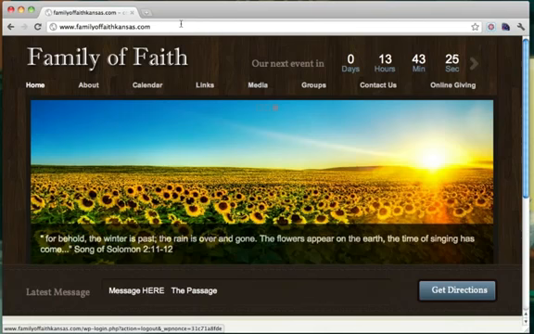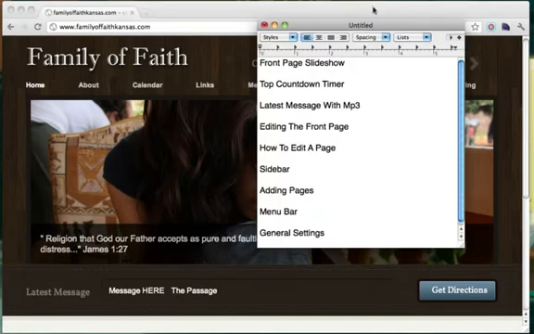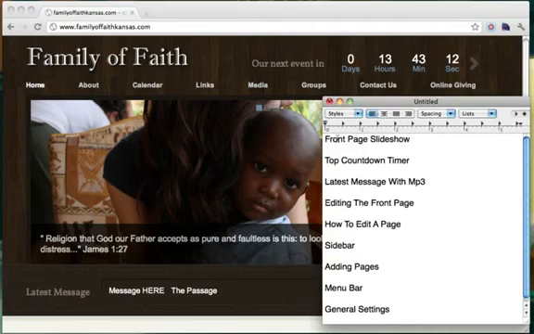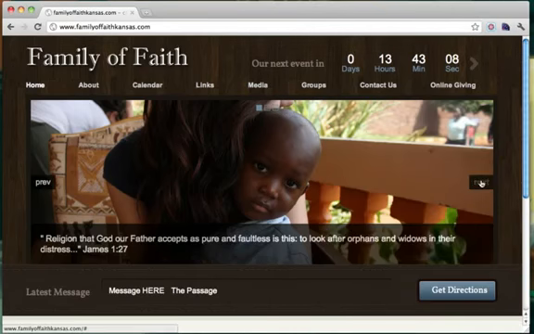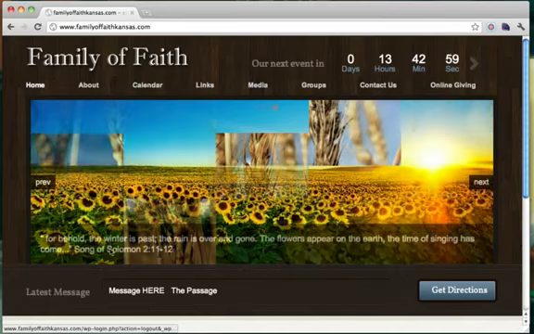Right now, I'm going to show you how to take control of your church website. So, the first thing I want to go over is what we're going to go over. The first thing is the front page slideshow, and that's this thing right here. And I'm going to show you how to change the pictures, crop the pictures correctly from WordPress, and change what